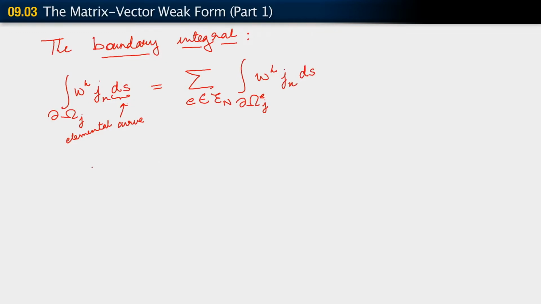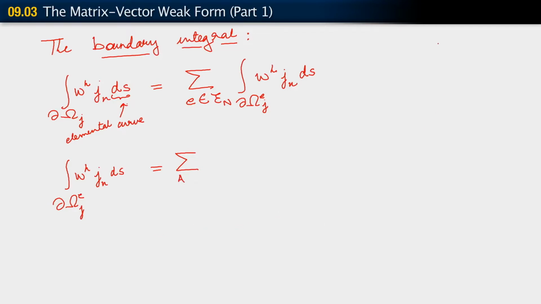And then we said that what we need to do is worry about this integral. The way we do this is to once again do a sum over A, and now we observe that